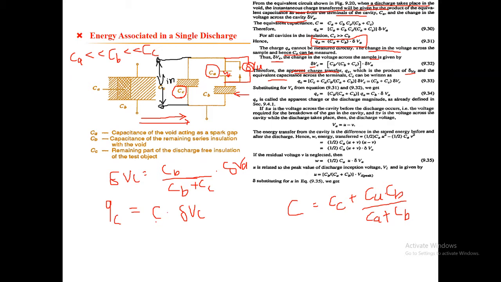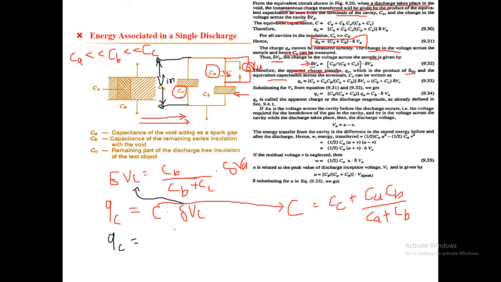the same amount of voltage change across healthy portion of capacitor to predict the magnitude of charge that is being released by the cavity capacitor. So this C is nothing but this value. Okay, so again substituting for VC from this formula, delta VC into this equation. So delta VC is this. Okay, delta VC is given by this formula.